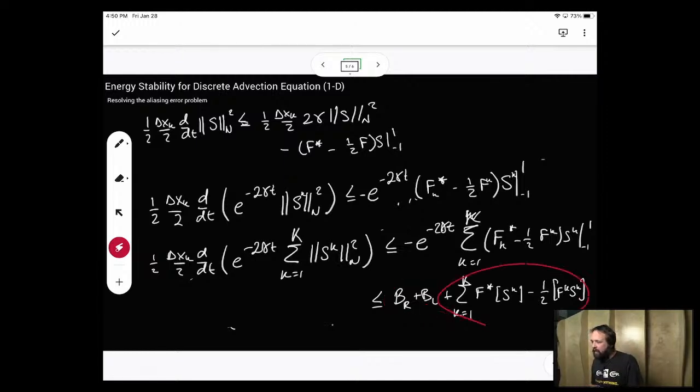And I have things that are handled by the flux imposition because we split the domain up. Okay, so all we have to do to make sure we have stability, make sure we got that, and then we've got our minus e to the minus 2 gamma t. To make sure we have stability, essentially what we need to do is ensure that